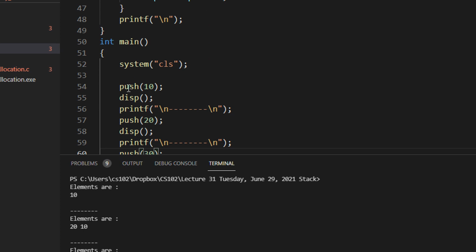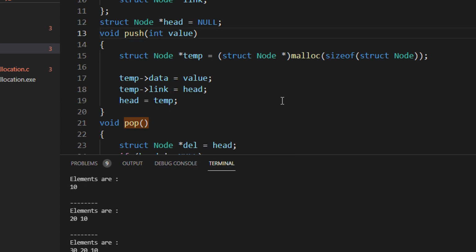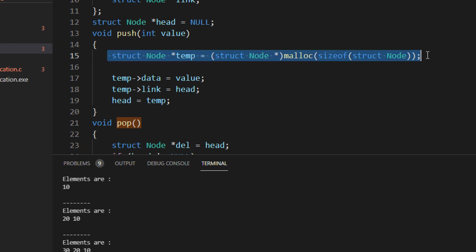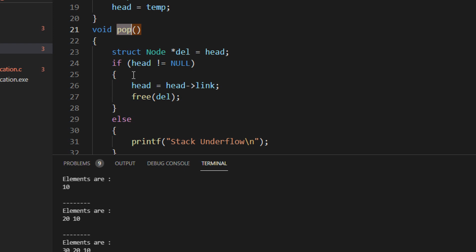If you want to see the push definition, you can just run the code and go to definition. I am creating a new node here, just like we used to do in a linked list. We give the data and the link, and we point the link to the head. That's it. And if we want to pop the element, we first check whether the head is not equal to null. Why?